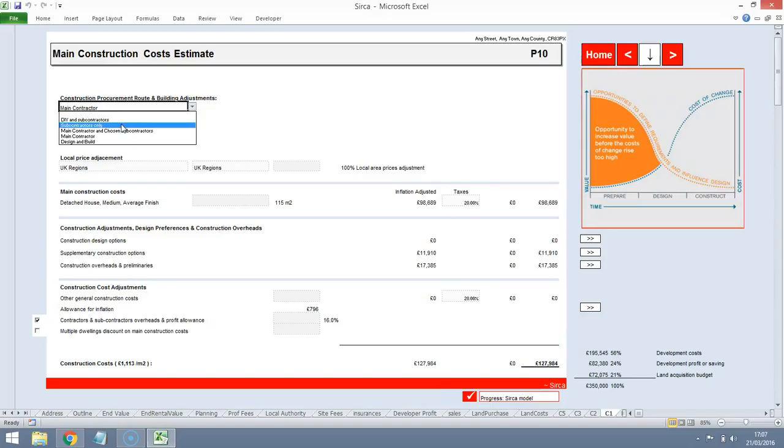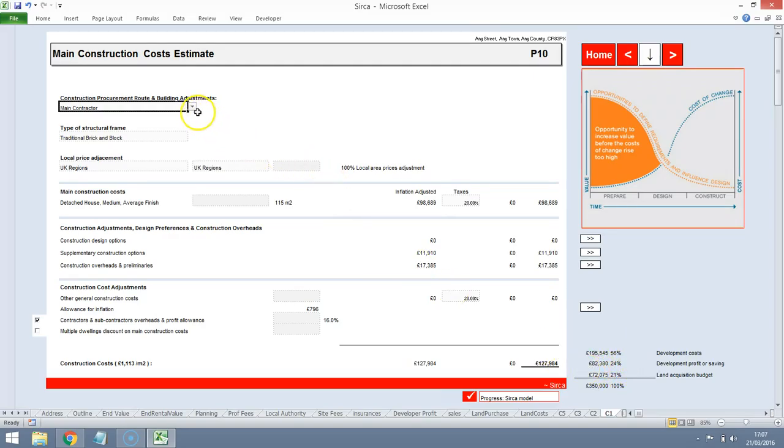You can employ subcontractors directly who will do all the work for you, so effectively you are the project manager. You can employ a main contractor, and then you can decide to choose which subcontractors you'd like, if there are specific specialisms you'd like to include. Then there's design and build, which is like a turnkey approach. So if we go for a main contractor, we can see that that is the basis upon which our model